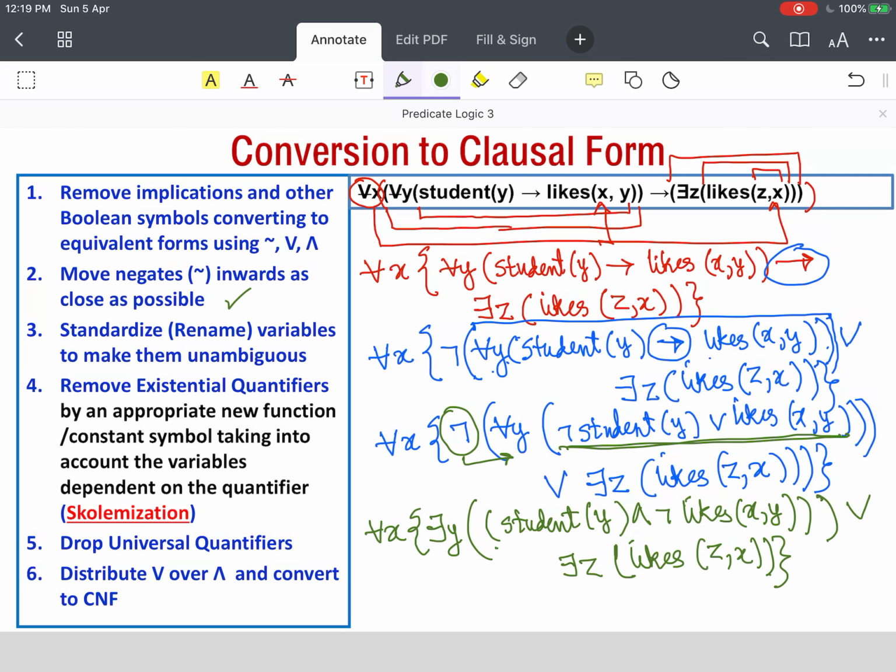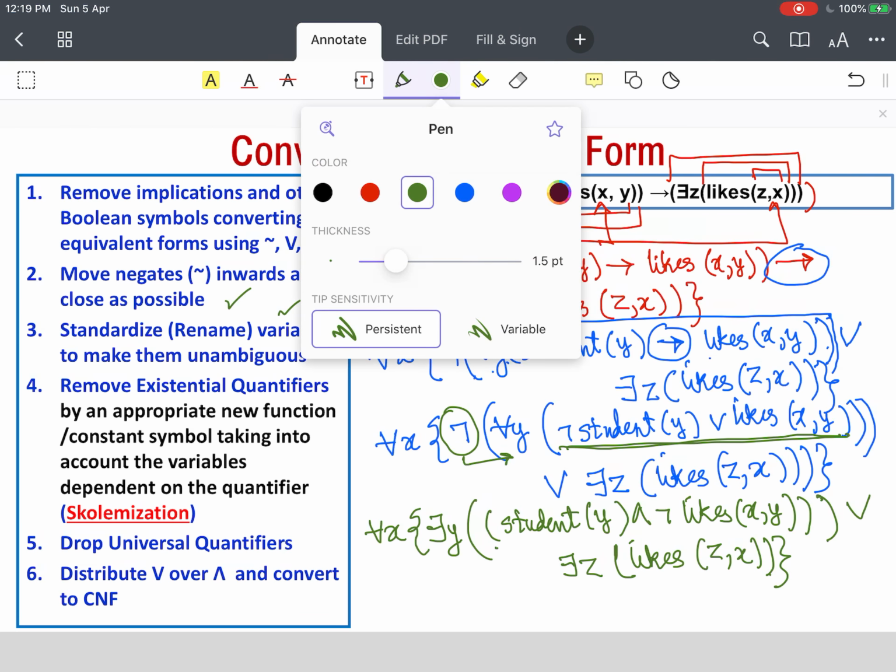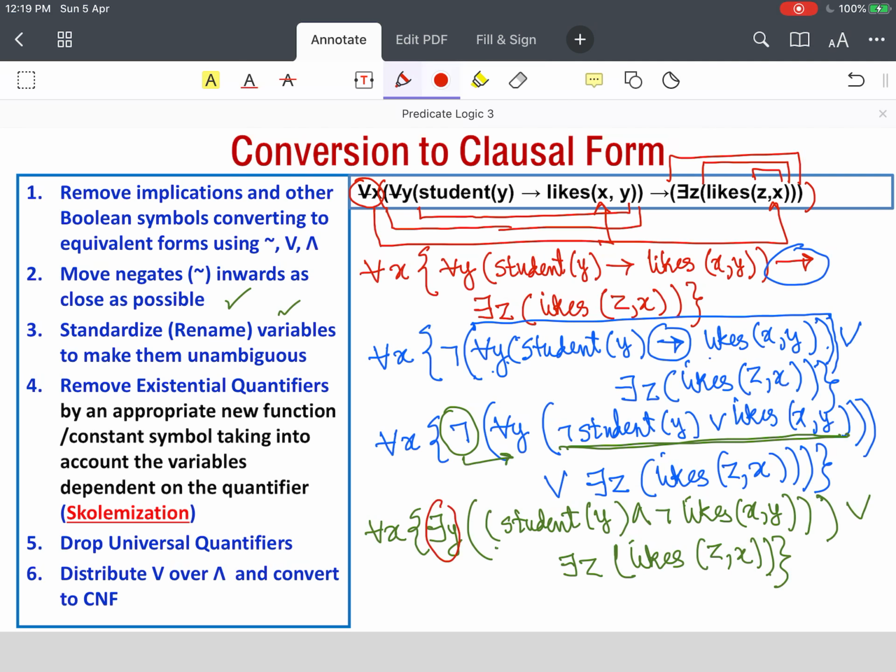Now we have done up to here, and we have moved all our negates inside. Negates are all inside. There is no need to standardize variables, but we have two existential quantifiers, this one and